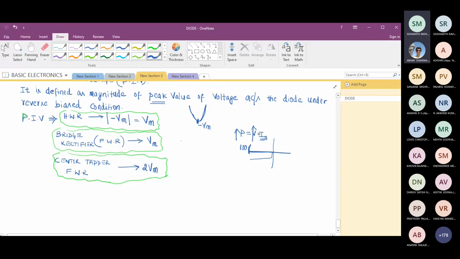The current must not exceed I max. In the sense, the maximum allowable current through a diode, we have to check in the specification sheet. Else we are going to damage the diode if it crosses that, because power will go up. Voltage is less, but current will shoot up. But in case of reverse bias, current is less, voltage will move up. If the peak value is say hundreds of volts, we are going to spoil the diode. Is it fine? So to avoid this, we must not damage the diode in the circuit. We have to check this PIV.